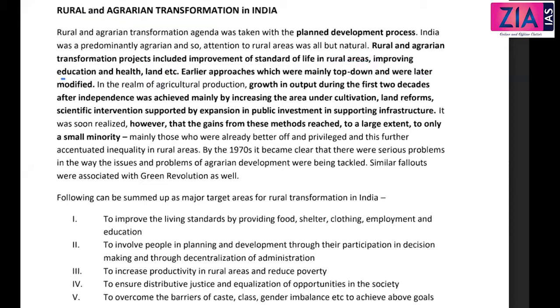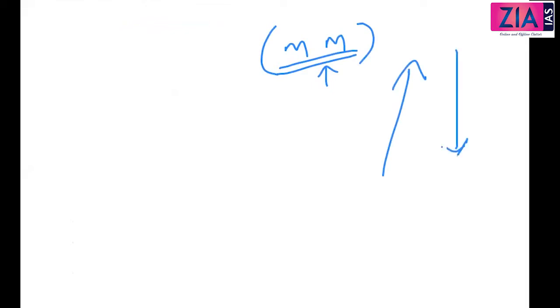Now what do you mean by top down approach? Top down approach means the trickle down concept that we discussed last day. When we discussed Macaulay's minute, I discussed trickle down along with the concept of education. So what is trickle down? You throw something to the top, it will automatically come down. Here also we followed that: improve the GDP, improve production, and it will automatically trickle down.